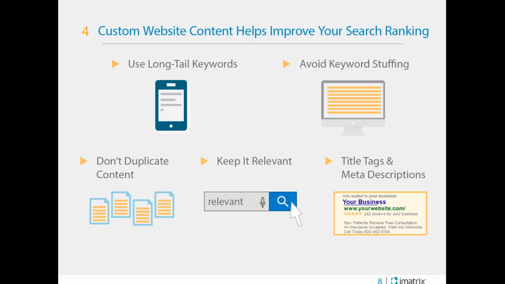We want to focus on great user experience. So the best thing you can do for quality is to create a great experience for users. The quality guidelines call for satisfying user experience on the page and website, having descriptive comparisons of your product or your service, photos, video, again, details are huge.